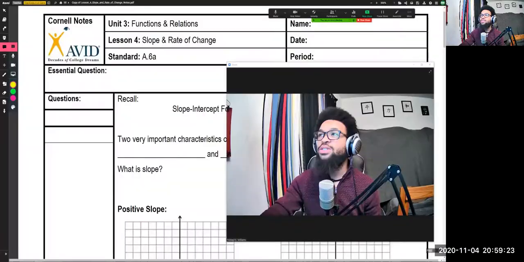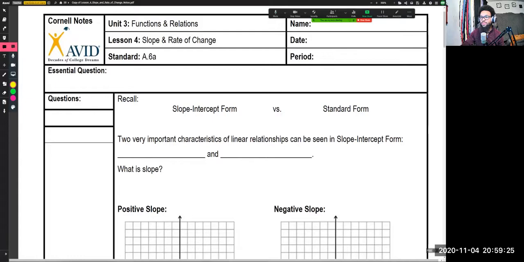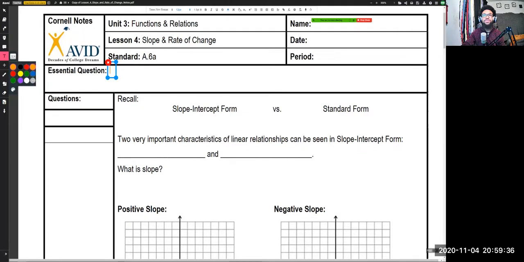And you may be thinking, hey, Mr. Williams, I don't even know what slope is. How am I going to be able to do all that kind of stuff? And that, in fact, is a great question. That is a great question, and so great of a question that it's going to be our essential question for this set of notes. All right. So our essential question for this set of notes is going to be, let's do orange. How can I